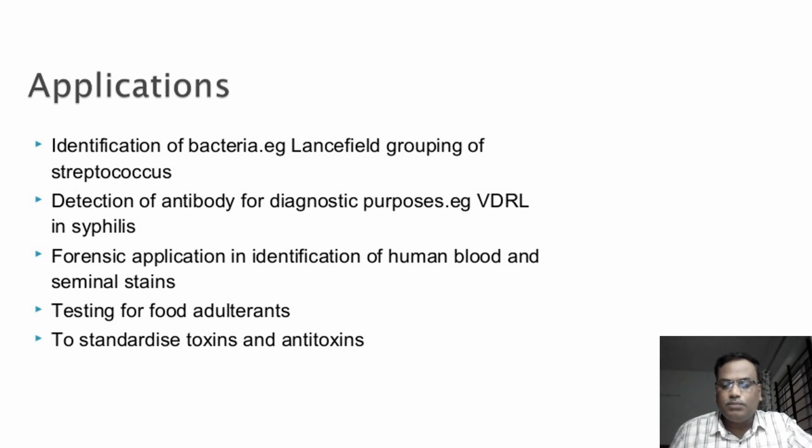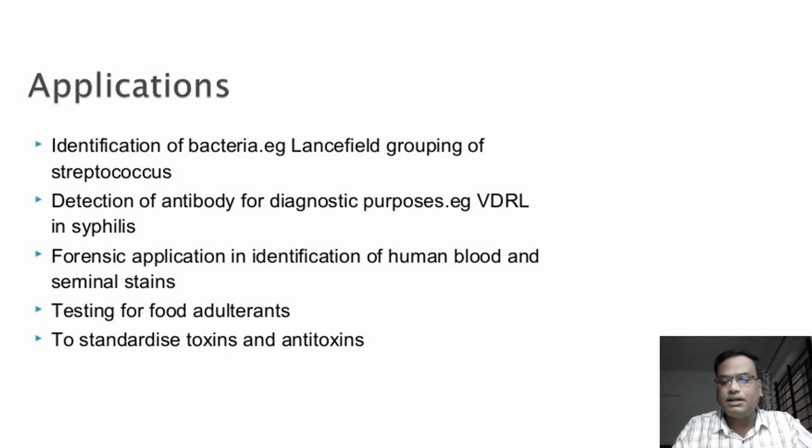What we do in blood grouping test, we use the antiserum A, antiserum B, and antiserum D. What happens? The clumping. If the blood clumps, then we identify the clumping and the blood groups. If antiserum A and blood clumps, then the person's blood group is said to be A, like this. The same principle is used here in the forensic application, in the general detection of blood group, or else in the forensic application where the human blood and seminal stains can be identified.